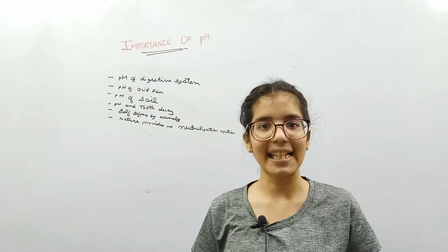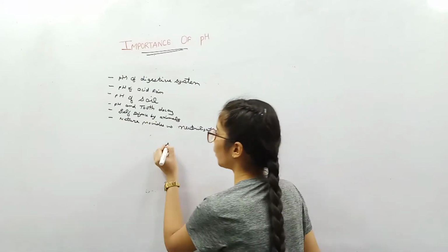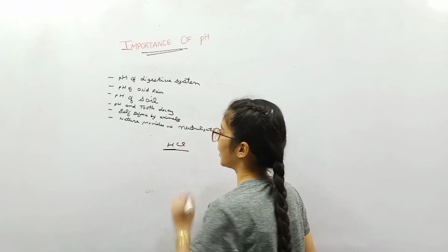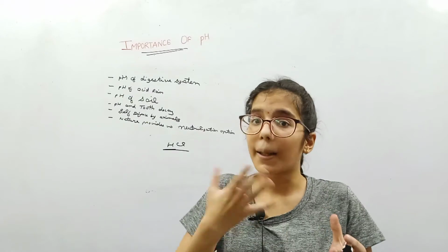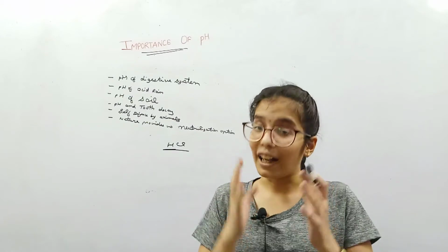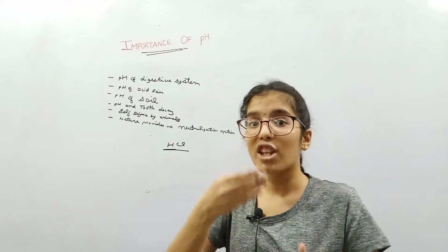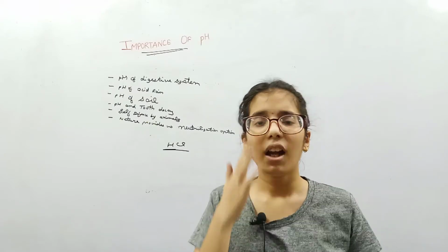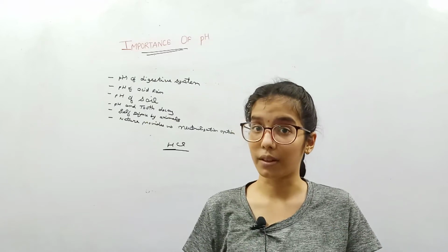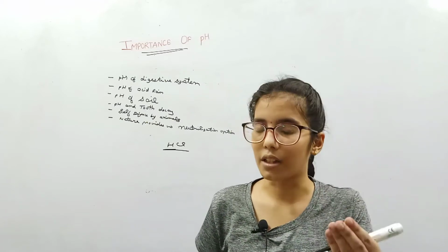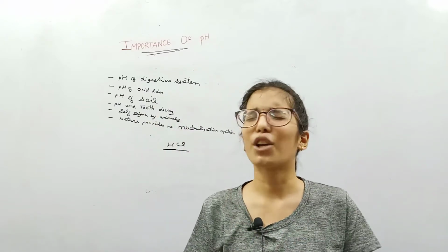Our stomach produces HCl, which is a strong acid, hydrochloric acid. The secretion of HCl depends on the food we have consumed. The role of HCl is that it digests the food which you have consumed. For example, if you have consumed little food, then the secretion would be little. But if you have consumed more food, then the secretion would be more.